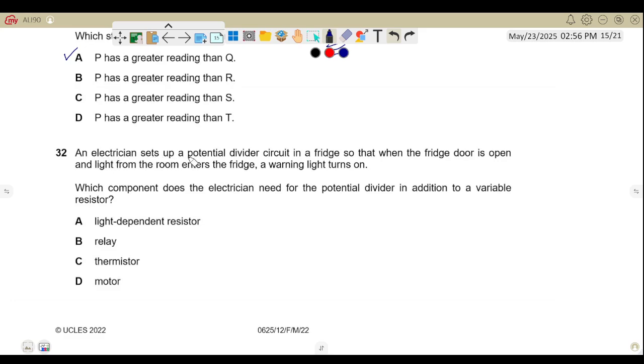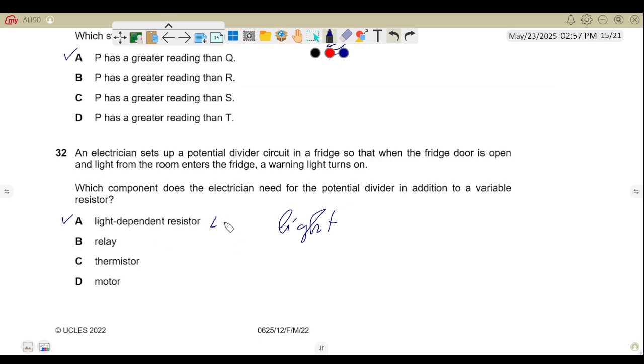32. An electrician set up a potential divider circuit in a fridge so that when the fridge door is open and light from the room enters the fridge, a warning light turns on. Which component does the electrician need for the potential divider in addition to a variable resistor? So for this, because we are dealing with light, that means we need a component using light as a trigger, which is going to be the